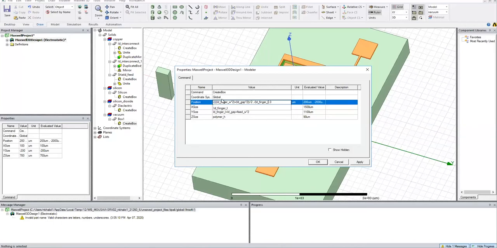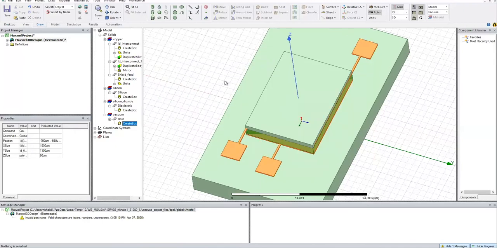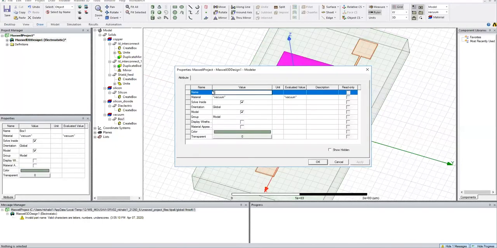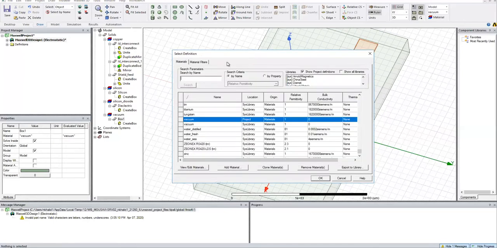Next, we are going to change the name for the polymer and assign the material. In our sensor, we are using polyimide because it has good properties and high absorption capabilities, as well as it is suitable for IC fabrication technologies. You have to be careful while writing equations for the position. So here is the polymer or sensing layer.